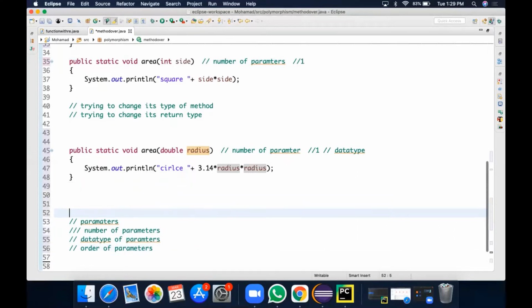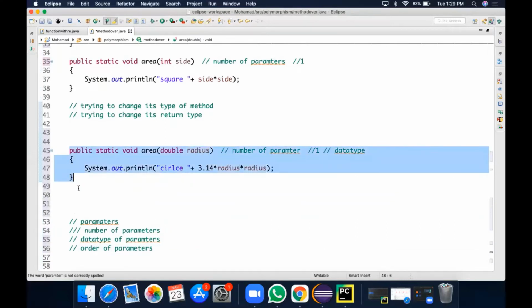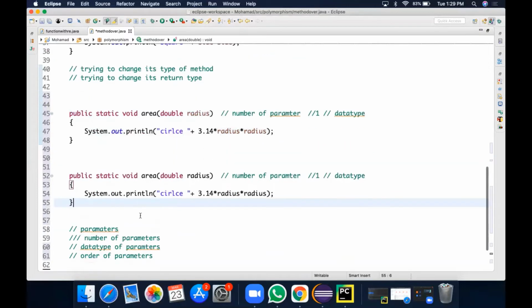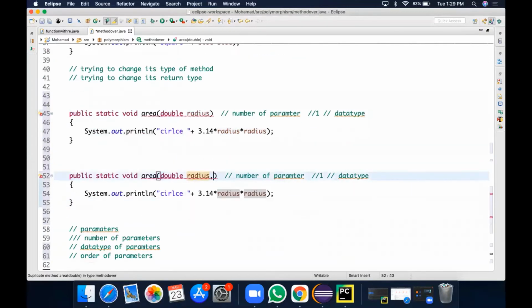I'm going to have a method. I'm just copying this one. I'm going to find out the area of a rectangle, so I'll be in need of two things, right? I'm passing integer length and, let it be a simple word, breadth. Here you can see that I'm not getting any error when you compare these two methods, because I showed the difference in number of parameters. So I won't be having any error now.